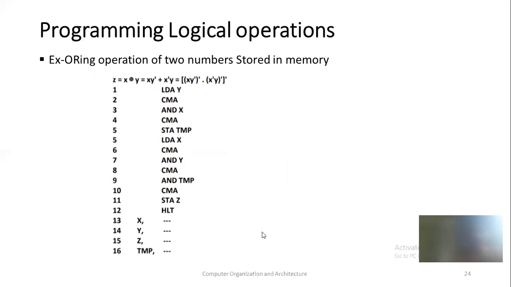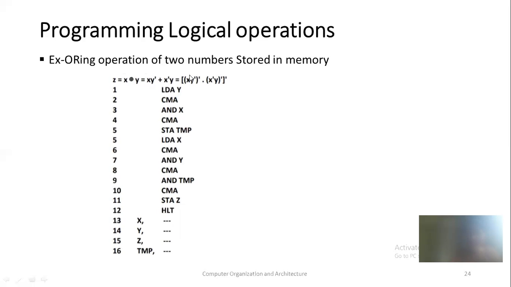As we know, X XOR Y is equal to XY dash or X dash Y. Yes or no? Yes. Okay, and by simplification with De Morgan's law, you double complement this, then change the sign and cut the line. So you have to complement both numbers and change the sign from ORing to ANDing, because we don't have any instruction for the ORing operation.